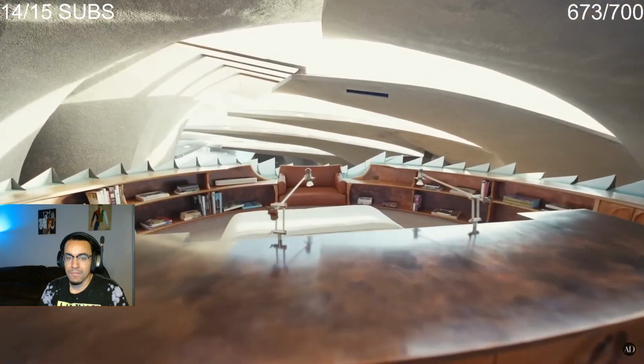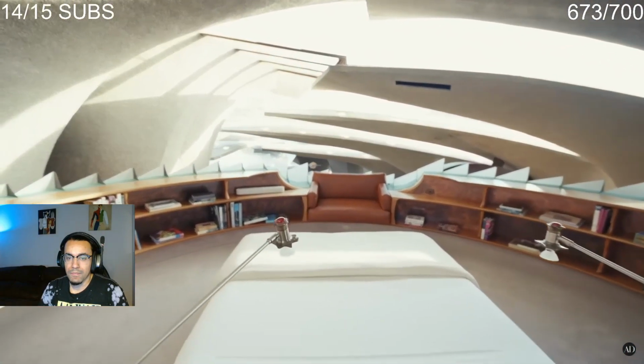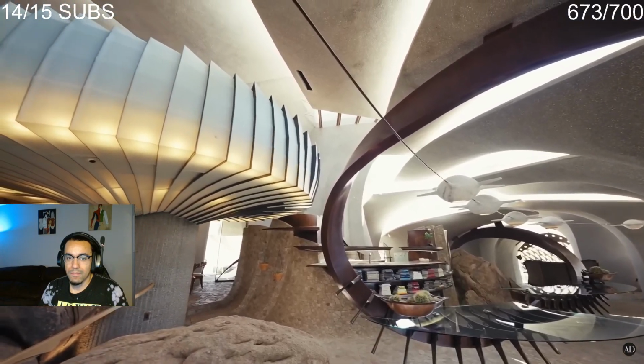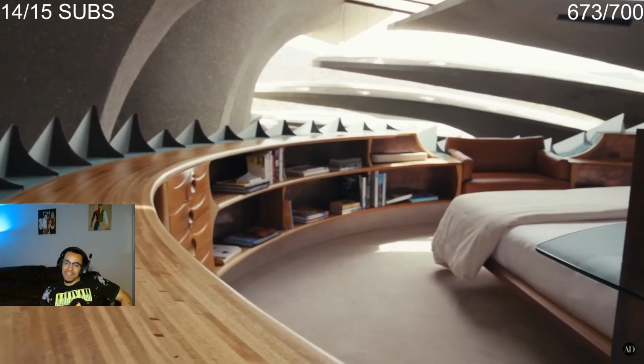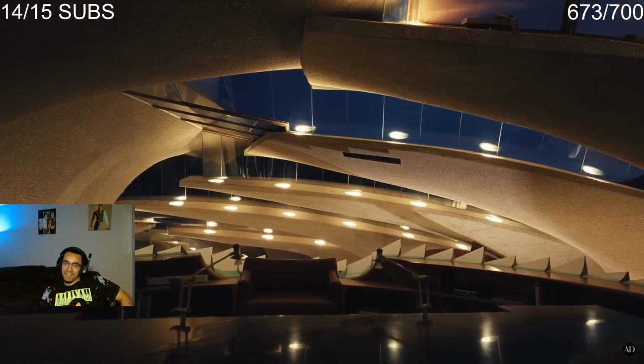This is a primary bedroom. If you see here, this is the lighting fixture that you saw before. That's where we are. We're on top of that. The bed is situated to look out the clerestory, and it's really beautiful at night to see